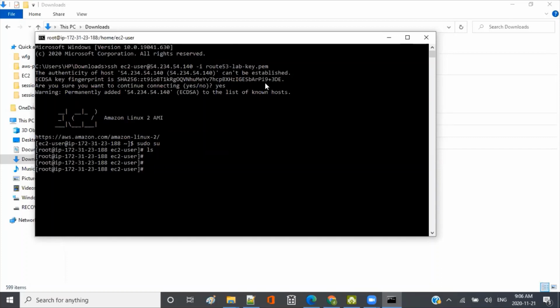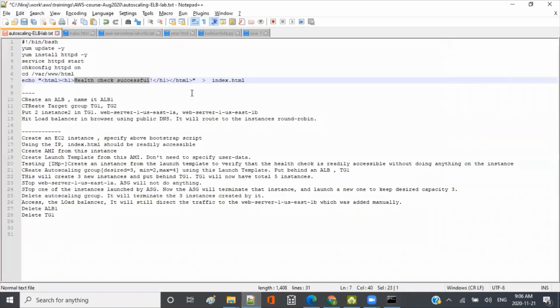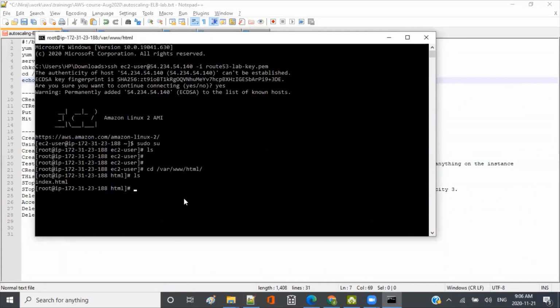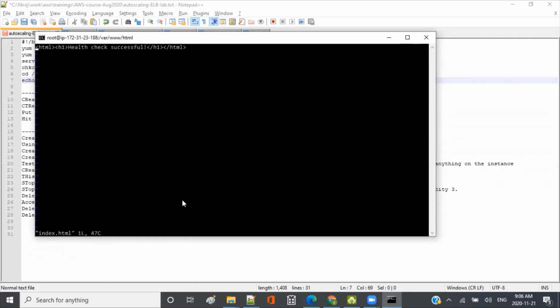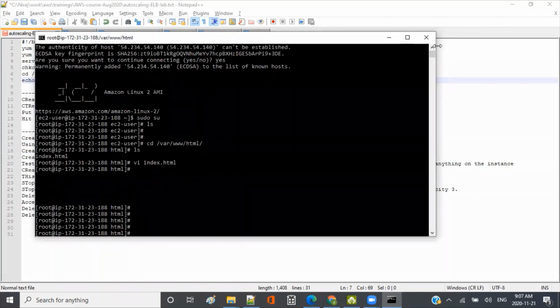So you are here, and if you go to cd /var, you see these directories because the Apache server was installed and created these. And you see the index.html because, if you look at the user data script, we had this thing here. Because of that, it created the index.html at launch time. So this is our index.html. Assume that this is my whole website entry point, and behind this we have the whole website. So it's all good here.